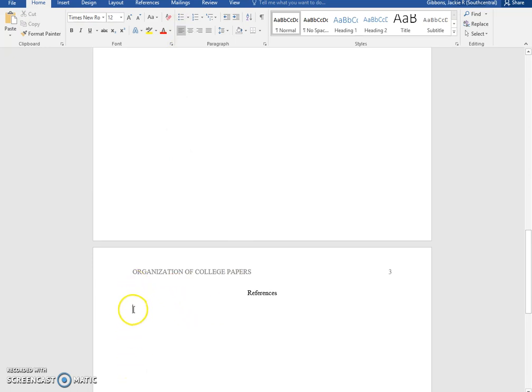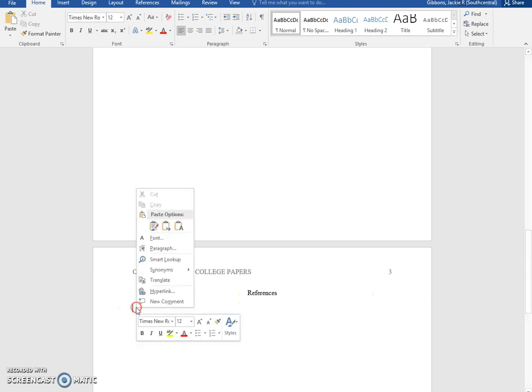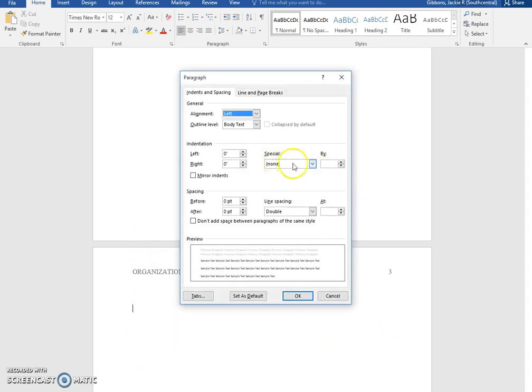They are in a hanging indent. And I don't have a reference on here because that'll be for a different tutorial, but if you right click here, say you had your whole reference typed out in correct format, you could go to paragraph. You would go to special, and if you see right here it says hanging, you would just click hanging and see this text. If you can hopefully see this, what it does is it takes your first line, it stays here on the left margin, and it indents the rest, and that is the way that you're supposed to do your citation. So, and then once you hit OK, if we had already selected an entire citation, you would have